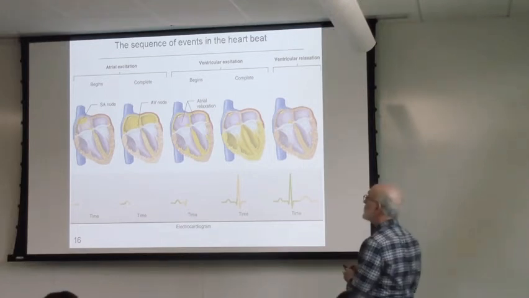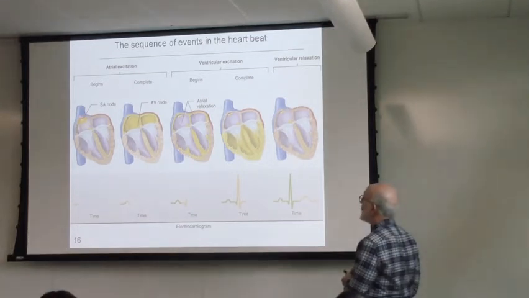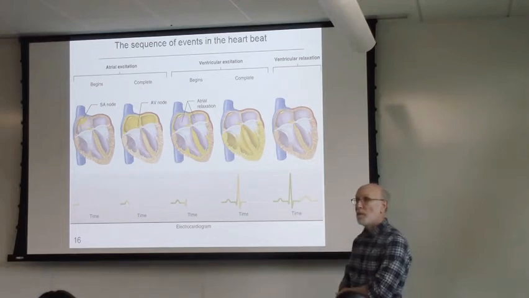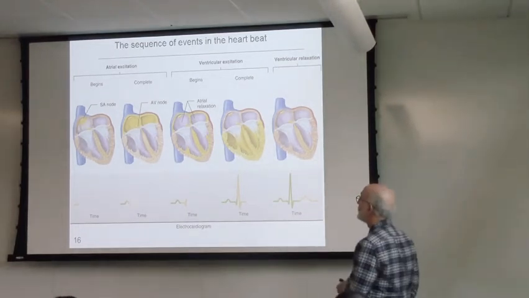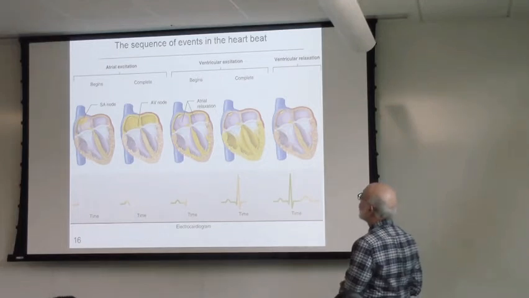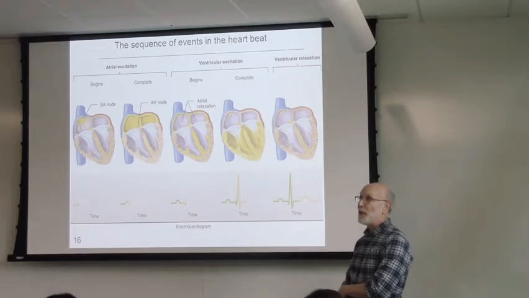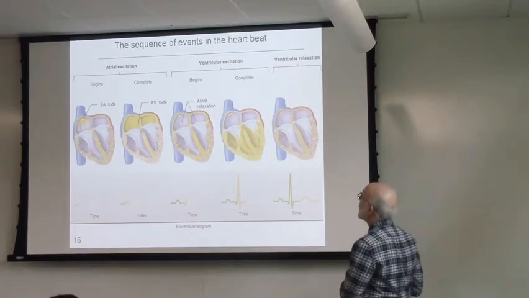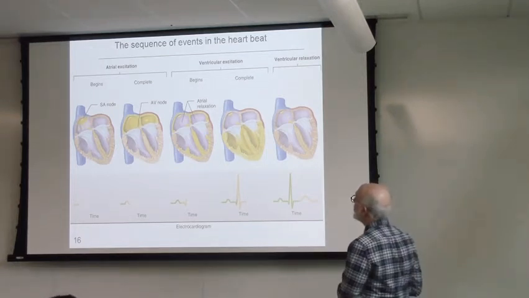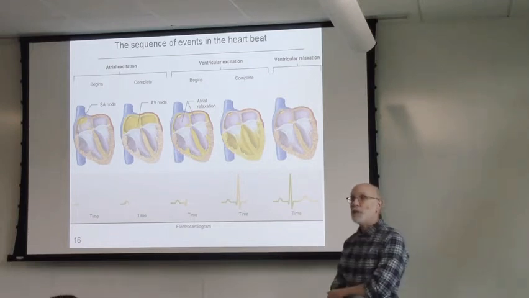Do we need voltage-gated sodium channels for the action potential in the SA node? No, they don't play a role. What do we need? We need voltage-gated calcium channels. When action potentials spread throughout the atria, and we trigger atrial systole,